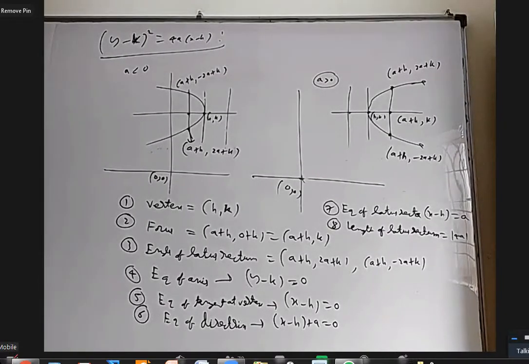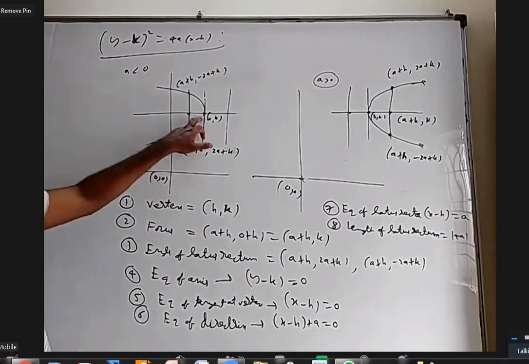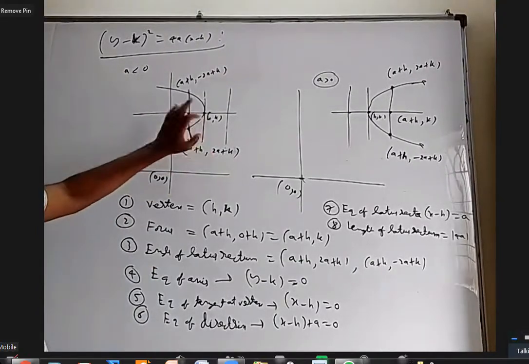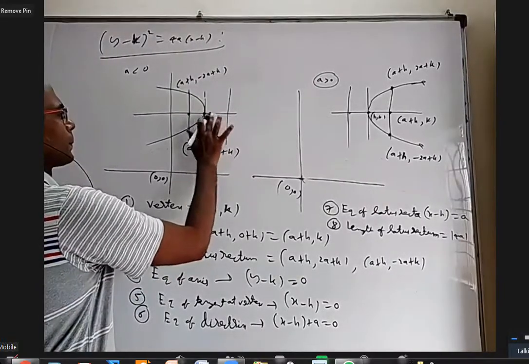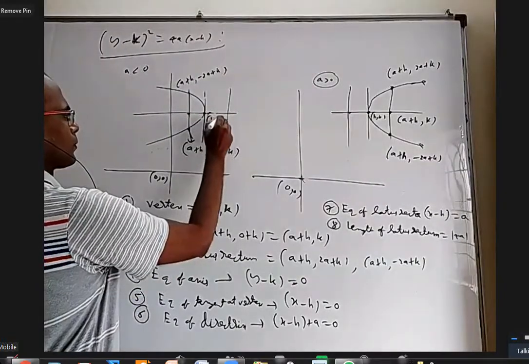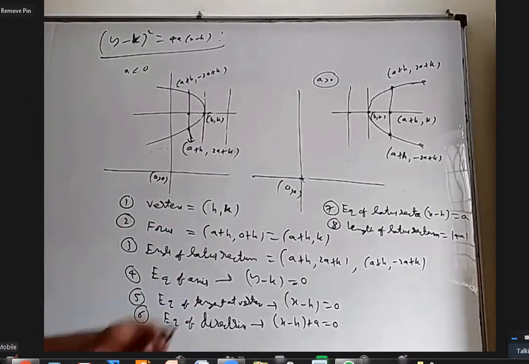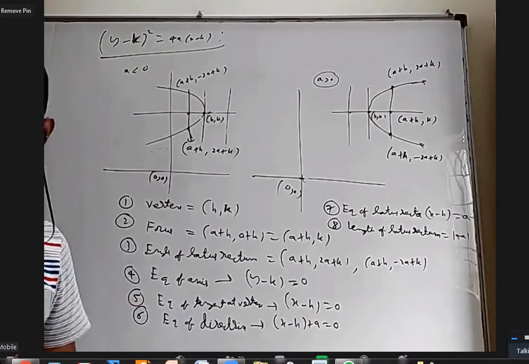So this is actually very simple. Based on translation of axis, the origin is shifted to h comma k, or basically the origin is shifted to minus h comma minus k, so that the earlier origin became h comma k. Like that you can understand. Any point, take the previous formulas, add h and add k. And any equations, replace x with x minus h and y with y minus k.